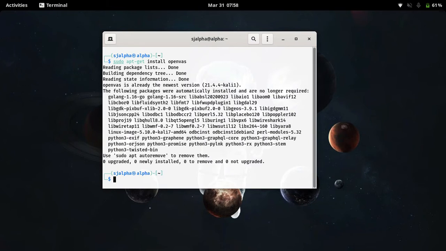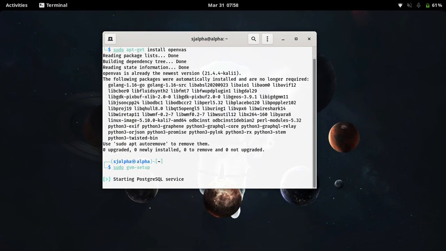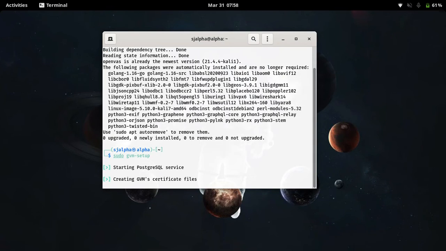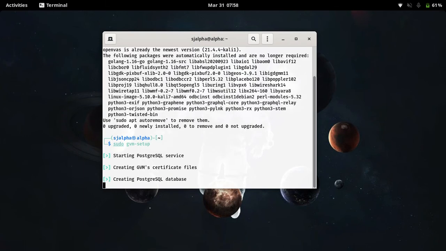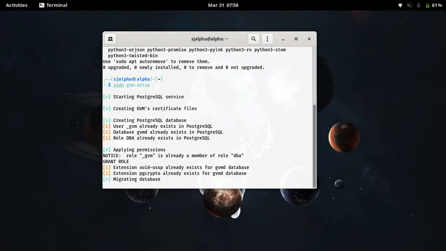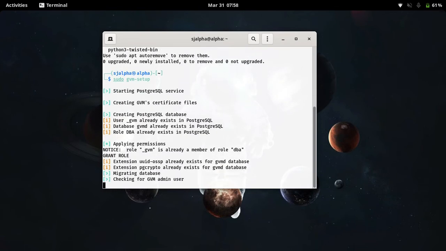Next, run sudo apt-get install openvas, and after that's done, you then run sudo gvm-setup, hit enter, and it starts the GVM setup. Now you will of course need to have either PostgreSQL or the other one, which is SQLite 3. Now if you have PostgreSQL installed, I'm positive I'm pronouncing that wrongly, but if you have it installed or